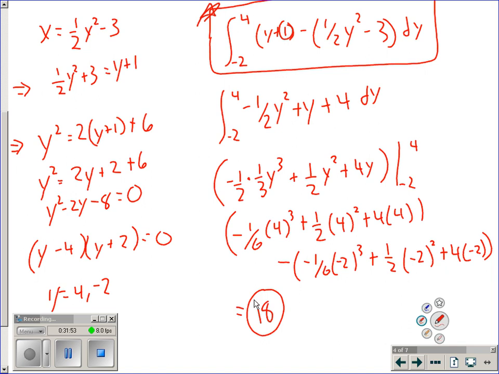All right, great. So that does it for all the new notes. Again, the only difference between this and yesterday was getting it in terms of y. And now if you want to stop and start working on the worksheet, you're more than welcome to, but if you want to keep listening,